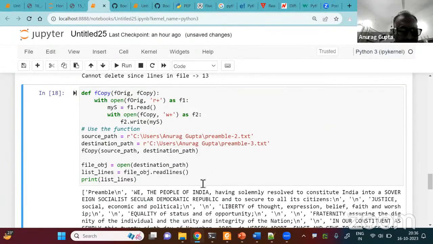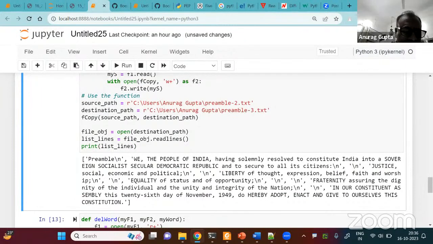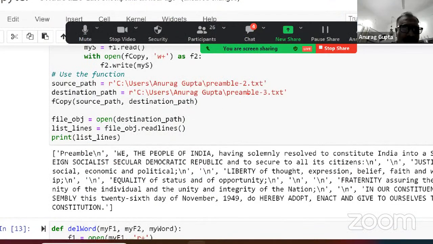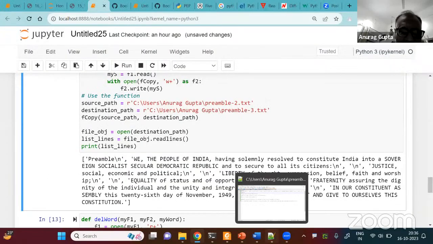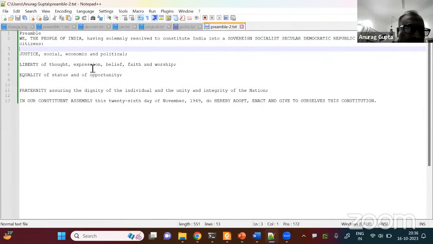Yeah. So you can see that now, in case I didn't show it to you, the preamble 2 now contains, suppose I add, let me add something here.